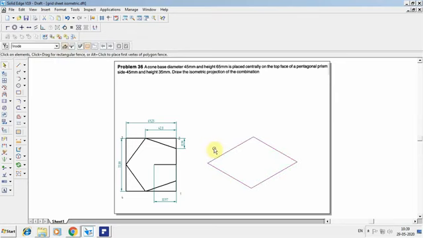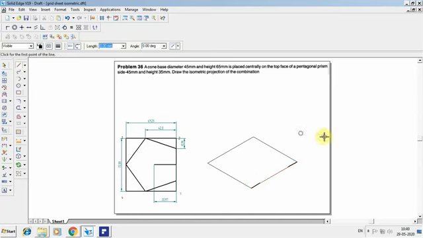So once you've done this, I have to construct the pentagon over here. So from 1 to 2 there are 2 points of the pentagon, that is from 1 it will be 13.91, again from 2 it will be 13.91. So you can select the line option. So from this point you're going to go for 13.91 at an angle of 30. So the first point will be fixed. Similarly from here again you're going to take 13.91 in the reverse direction, that is minus 150. I'm going to take the line. Now this part between 2 and 3 is 42.8. So I'm going to select that from this point.